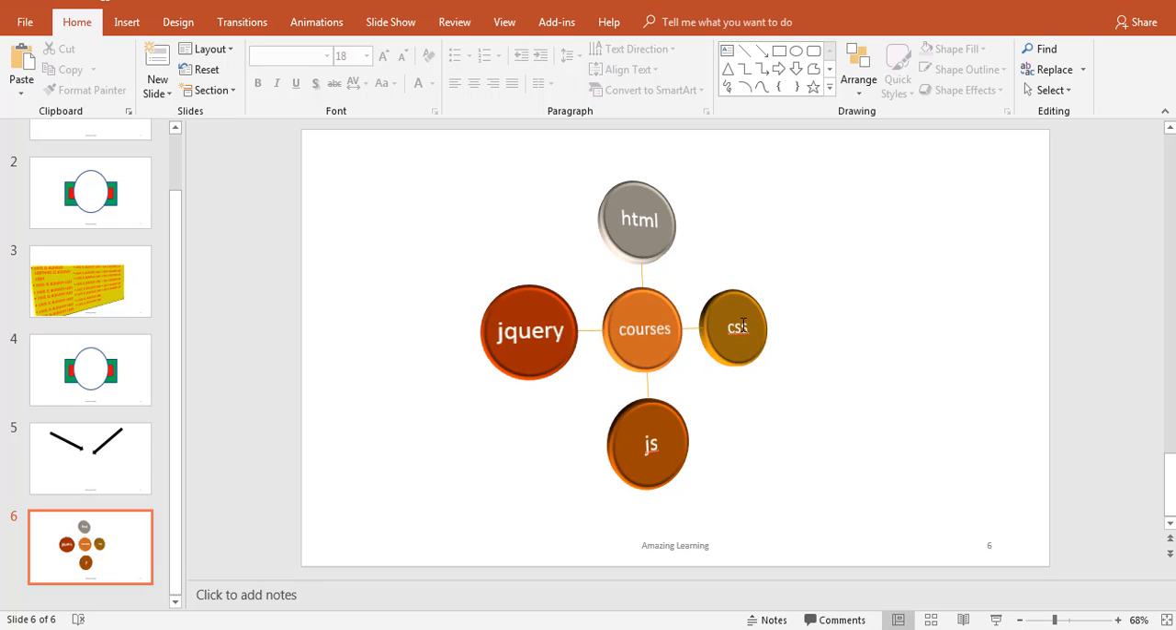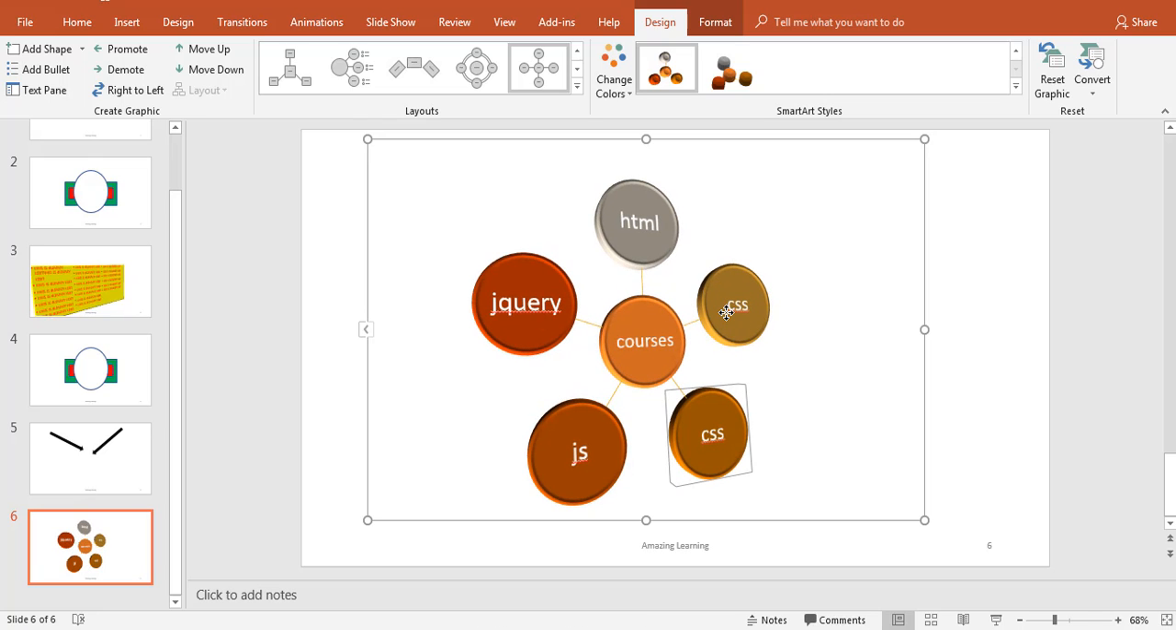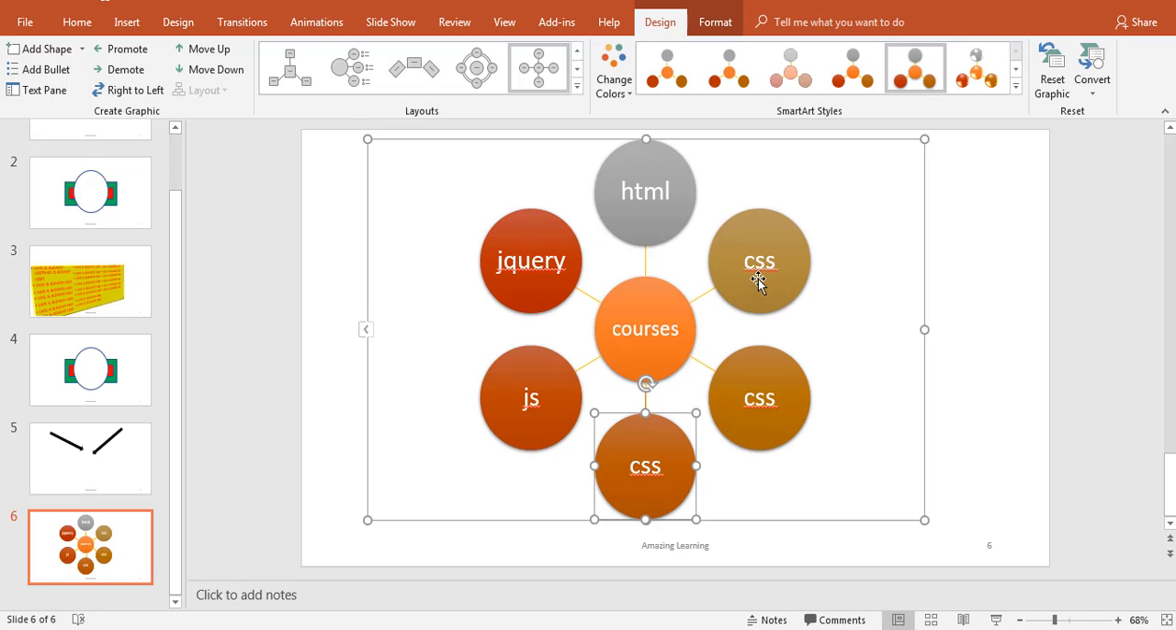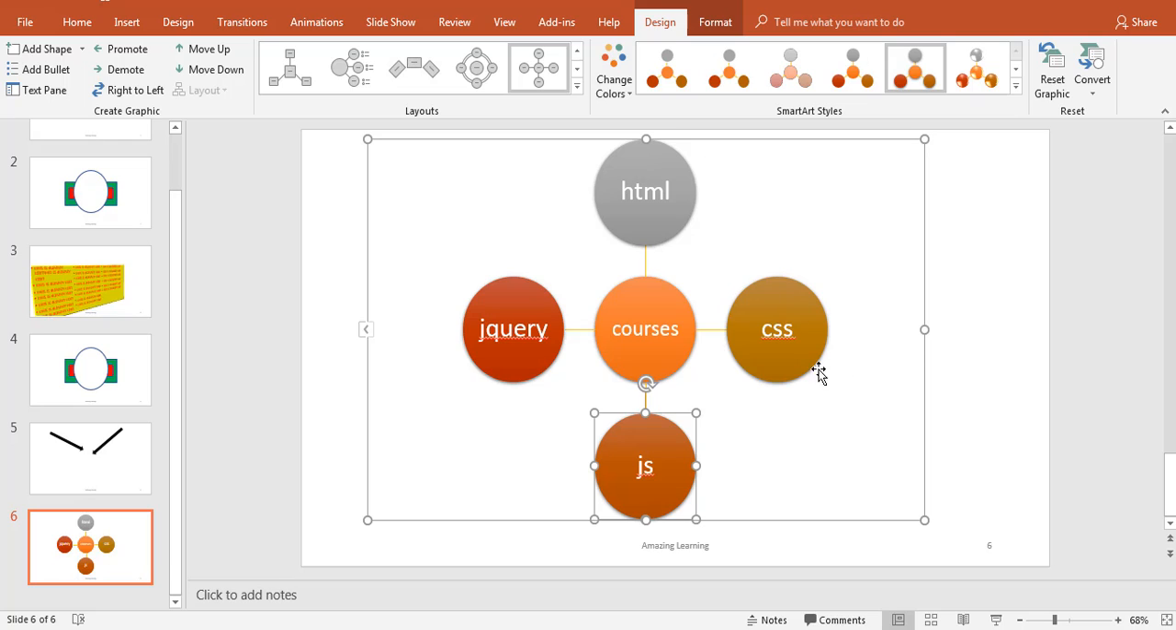Next is, for example, I have needed one more of this type of circle. So once I click here, I will Control C and Control V, that would be added automatically. One more, that would be automatically added, right? So in this way you can increase, and for example you have not needed this, you will delete this, automatically that would be adjusted. Yes, in this way, right? Okay,